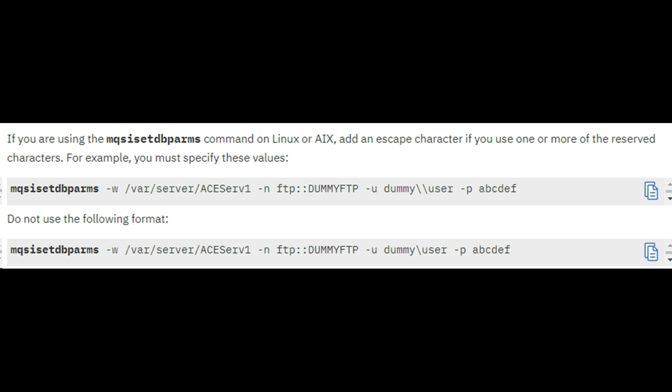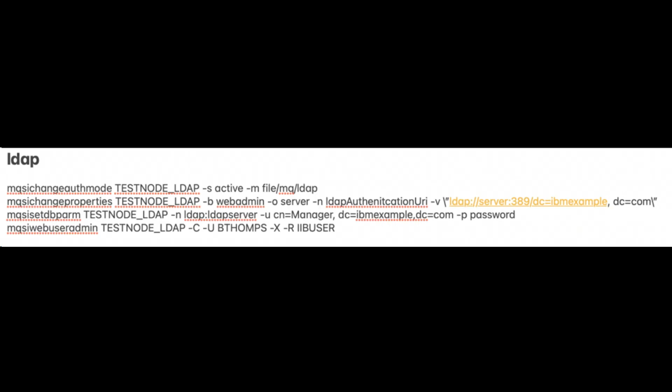Yeah, I see. And the final thing is to enable the SSL for the HTTP listener, right? Correct. This is done.